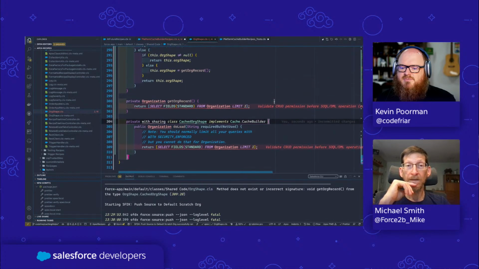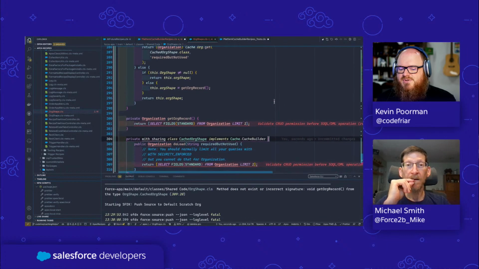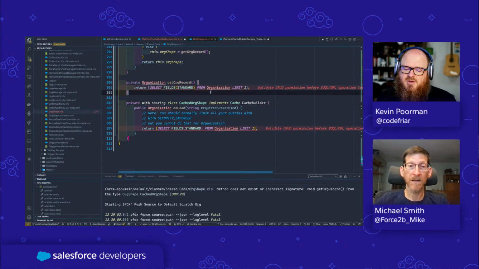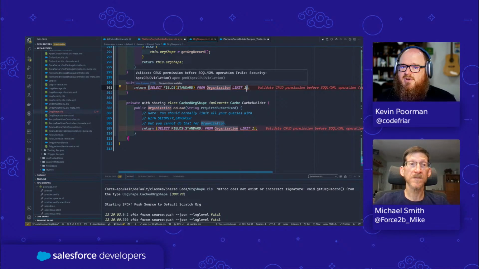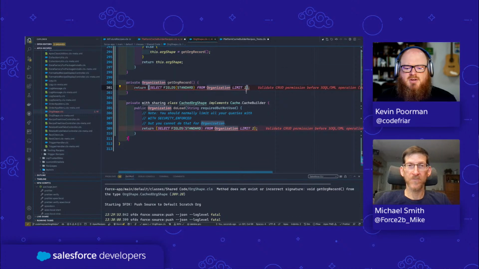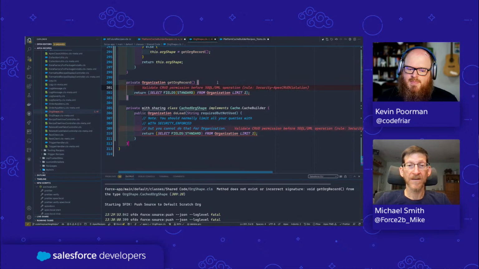And we were getting this validate CRUD permissions before SOQL DML operations, which is true, except that unless you say with security enforced, everyone's going to be able to make this query. And if you say with security enforced, then the only people who can make the query are those that have, what is it, the permission for view config, I think. Which we don't want to do. So I'm going to leave a note here saying,